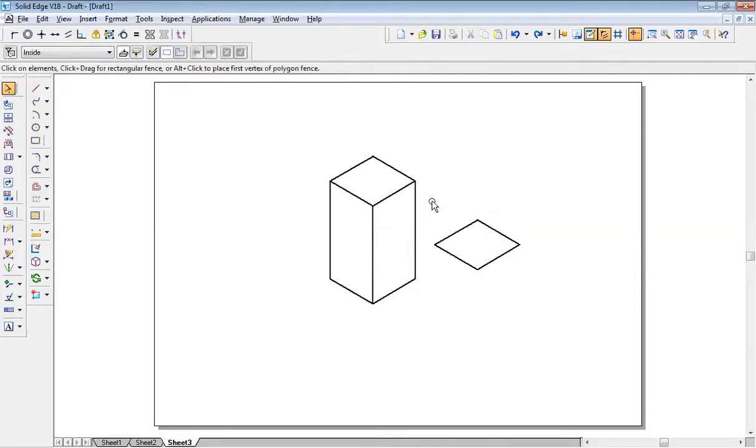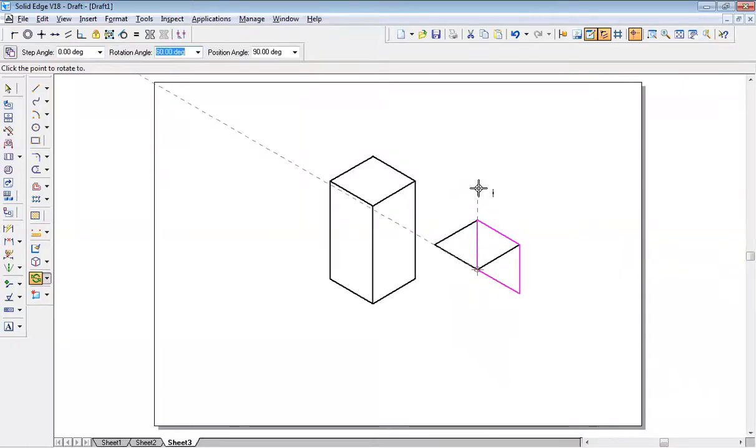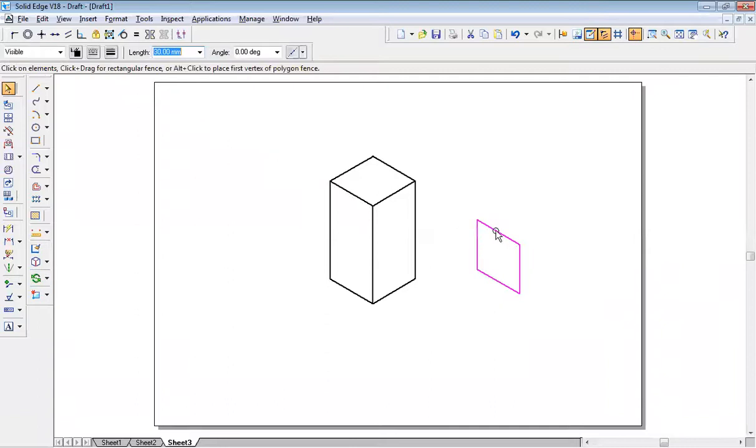Suppose if I tilt it in the other way, I'll go to rotate command. Instead of selecting this as first click, this as second click, I'll select this as first click and this as second click. I'll go to 90 degree rotation like this. Now you tell me, this matches to line 1 or line 2? Line 2. Very good. So this is how it is.